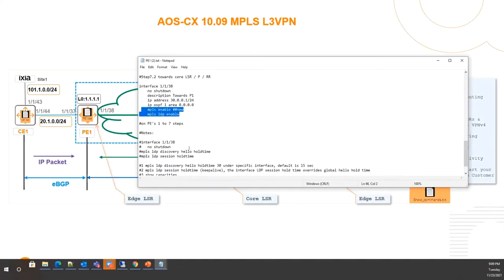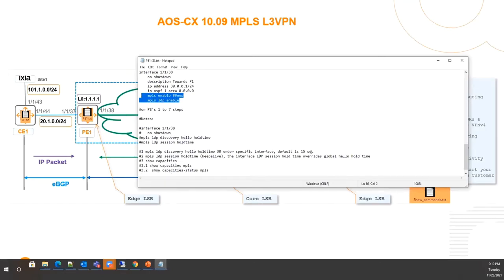Some of the things you have to make a note of, there are something known as sub features in MPLS. MPLS LDP discovery hello. This is the UDP hello packet, like you see in OSPF, in the same way it will be sent every 15 seconds. That you can configure also on the interfaces. There is an LDP session hold time. That means if LDP is established between the loopbacks and labels are distributed, how much time should I hold the LDP session up? That is the LDP hold time, and you can configure that also. Default is 15 seconds for hello, and 40 seconds for the LDP hold time.